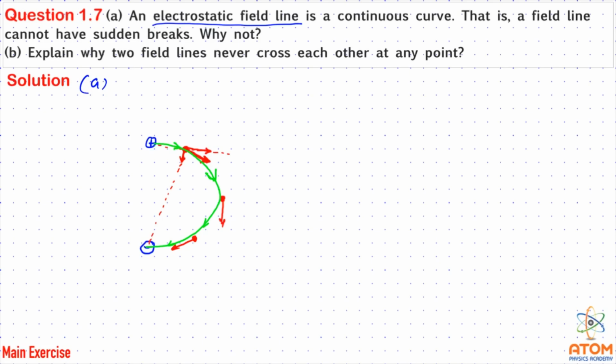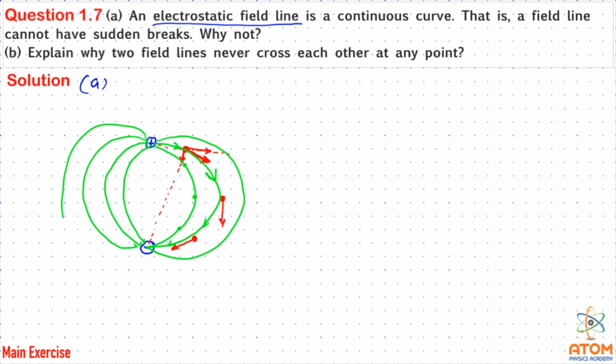The same way you can draw nearby also, means by choosing different points, like you choose a point here and so on, and you draw the electric field, so you will get this type of curves. Again you can draw this type of curve here nearby by choosing unit positive charges, and so on. So that way we are getting this type of electrostatic field lines. This is known as electric field line, or say electrostatic field lines.